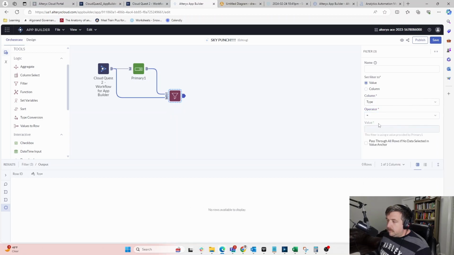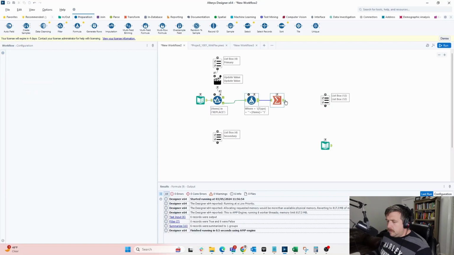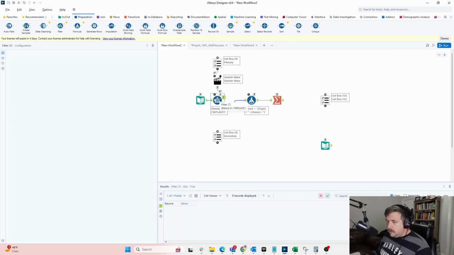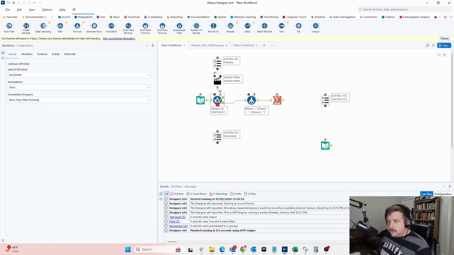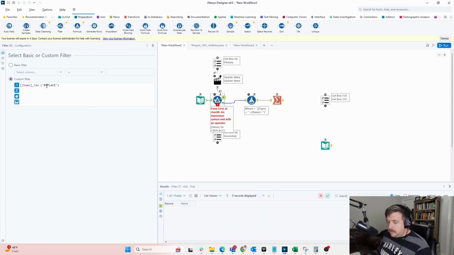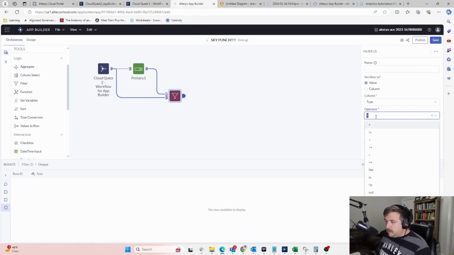equals, and then the value, or let's say does not equal, or is not in. Ooh, I like that. That is not in. Was that always in Alteryx? I don't remember that. Hold on. Is that even an option for us? No. Not in was not in Alteryx. So that's cool. I like that this is available to us here, but